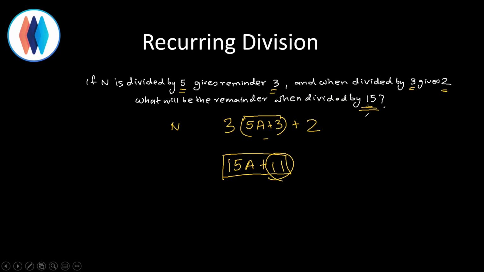At the same time, if somebody asks you, can you tell me what will be the remainder when divided by 14? No, you can't. So it's not a sort of trick, but when you see this, it should give you a click that, okay, using these two scenarios, I can create this value, and whatever is left will be the remainder. So this is a problem where, if you can check these numbers out, then you will get the solution.